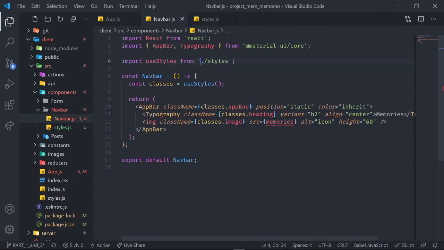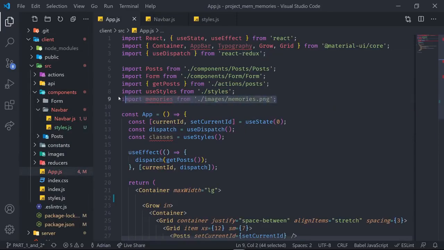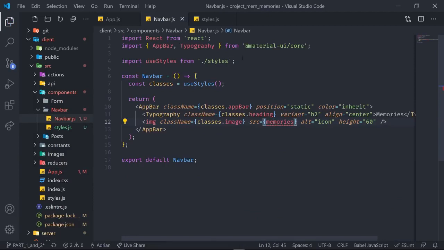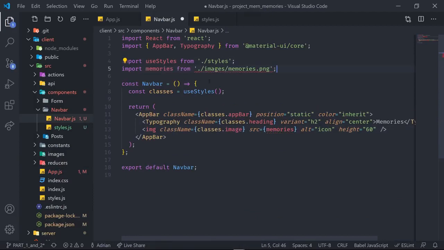Okay, with that said, looks like we are missing one thing from our navbar, and that is the link to the memories image. So if we go back to the app, you can see that we simply need to import it. I'm going to copy it from here. Also, I'm going to remove these things right there because we don't need them anymore. And now in here, we have to import that path. Now the path is going to be just a bit different. It is going to be ../../